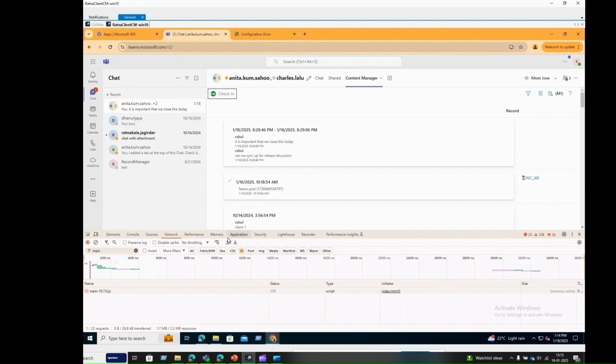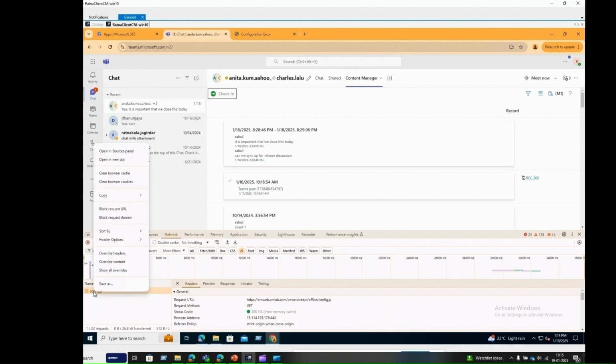So again, try to load the app, then bring up the developer console, click on network JS, and in this box type console config, and yeah, this config file, it holds the settings for multi-data set. So you need to right click and again say clear browser cache,